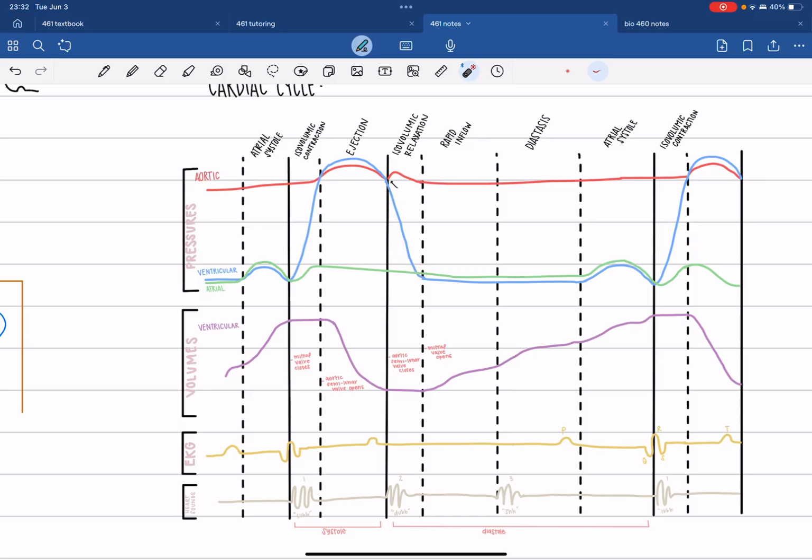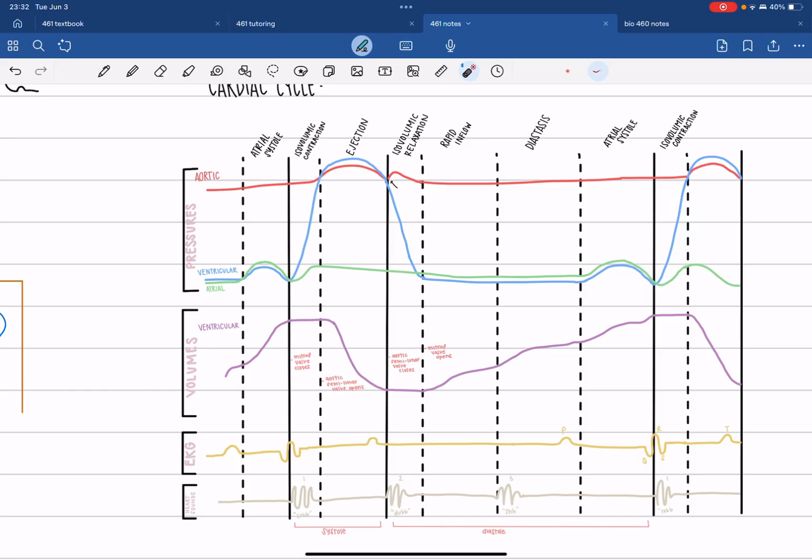Relax as the volume has been ejected. Then it kind of stays low again, and then we do that same whole process again. With the atrium, it looks just a little bit different, right? Because here is where it's actually contracting during atrial systole, because it contracts at different times than the ventricles. And then we see a repercussion here too, because here it's receiving pressure because of the ventricle. Because the ventricle just contracted and it snaps those